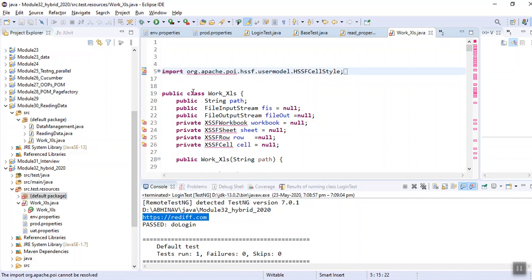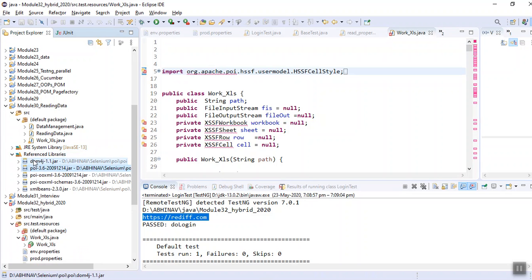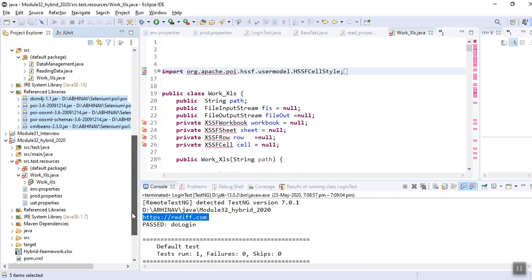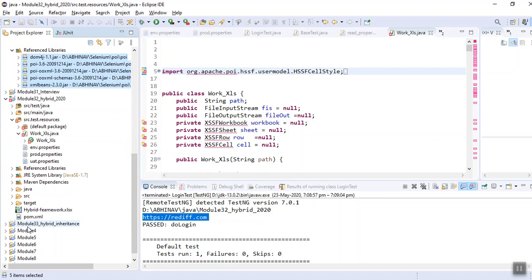I have to get this POI API also. These are the POI APIs. I have copied it, Control C. Best practice is to specify these POI APIs in your pom.xml, but I am putting it directly.